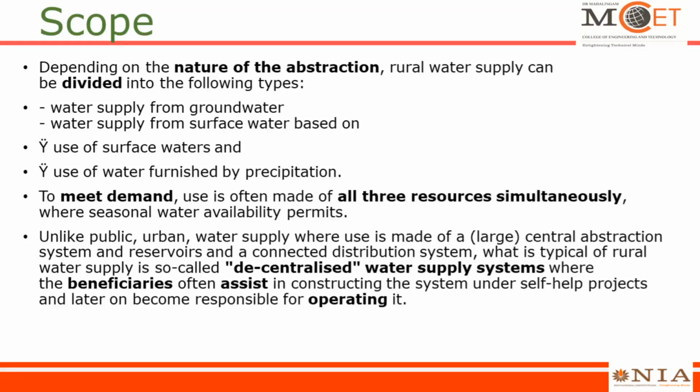So when you look at an urban water system, you will have a reservoir or large area where water is stored, right? Especially when you have dams. Behind the dams, there will be an area where water is stored in large quantity, which is called the reservoir, and from the reservoir, water is supplied to the cities and towns in pipe network systems. Here we don't have such systems, so it is a decentralized water supply system or scheme where some small water storing areas or water storing structures are constructed, and people take responsibility in operating them for the whole